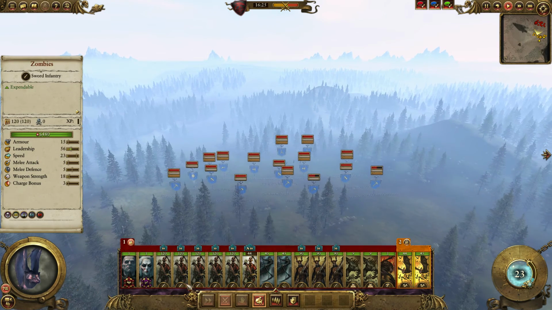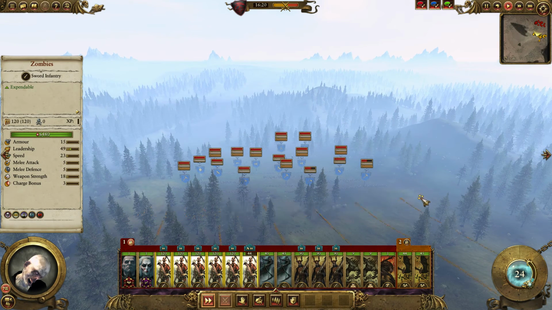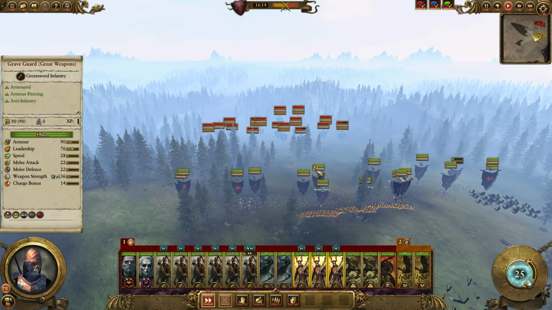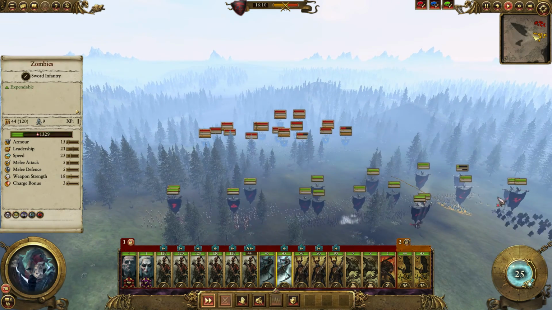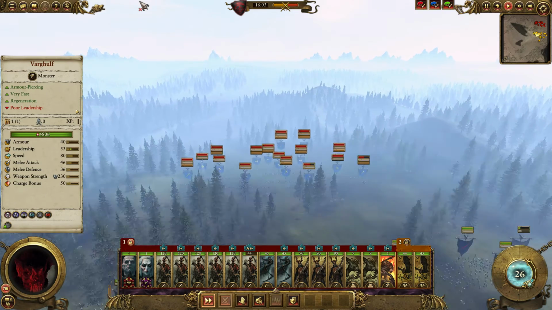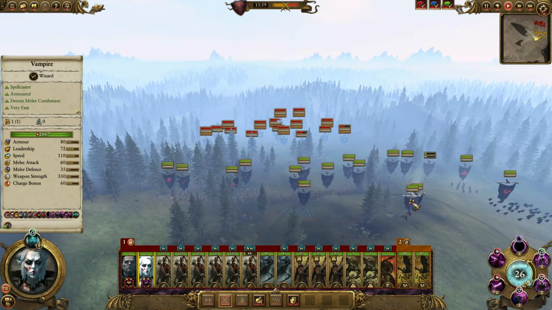Alright, so we'll move our zombie conga line up to the front here and have them get blown apart by mines. Alright, and these Crypt Horrors, as you can see, are basically back up to full health already. We'll have our Vargulf come around from the flank and start to... oh no, wait, they've got the Dwarf Lord over there. Alright, well,